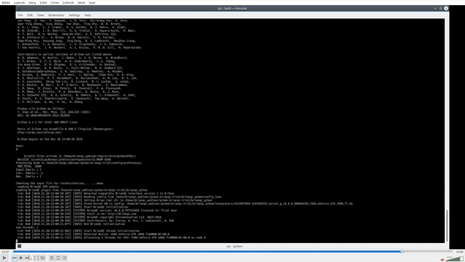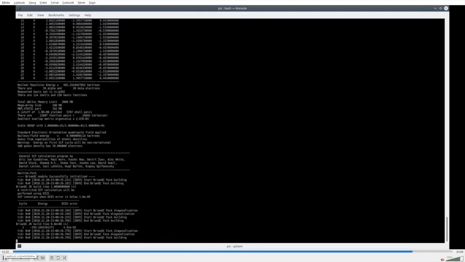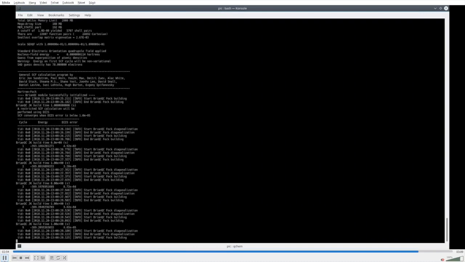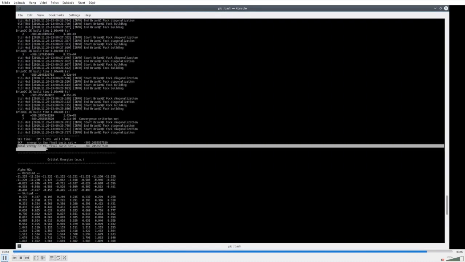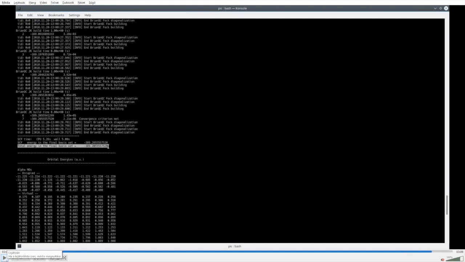In this case, you can see that we initialized ourselves for the GTX 1080 Ti. These 3 threads do not mean that we are using 3 computation devices. This means some other technical issue. So, okay, I think we're iterating through convergence. Great. And yep. So in case of a new installation, the first thing which you have to check is the